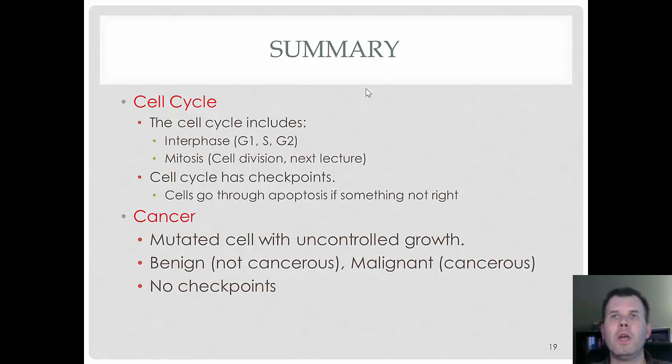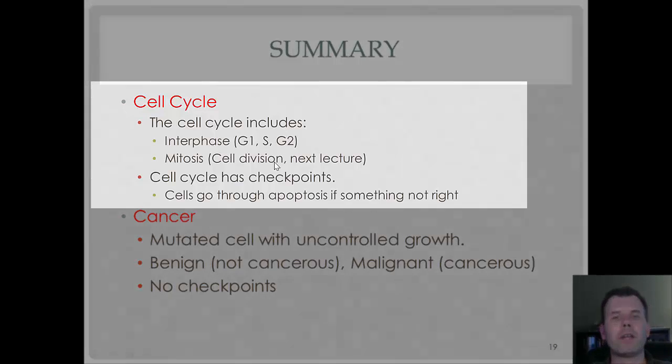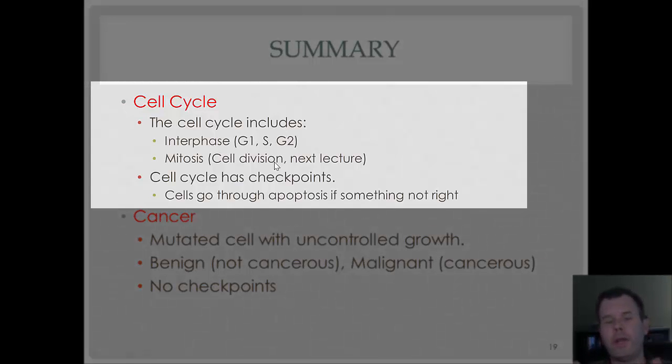Okay? So to summarize, we have a cell cycle, and that has really two phases. You have the interphase and mitosis. The interphase is divided into three steps. The G1, which is the growth. The synthesis is where your DNA replicates, and then the G2, where the cell continues to grow. When the cell is ready to divide, you undergo what is called mitosis, and we're going to explain a lot more of that in the next lecture, so make sure you watch that one.